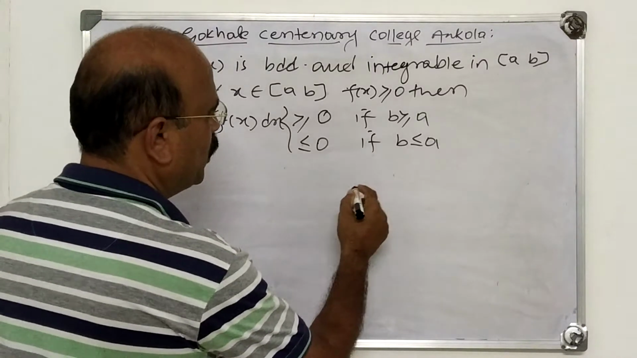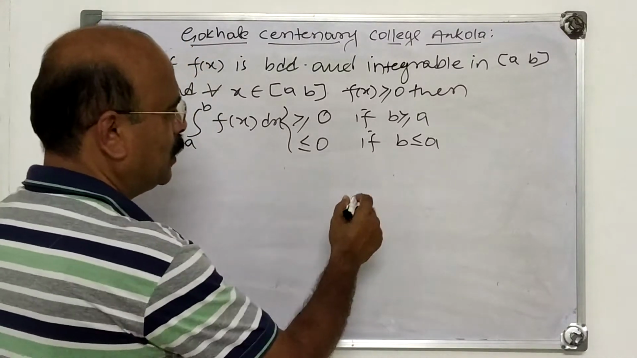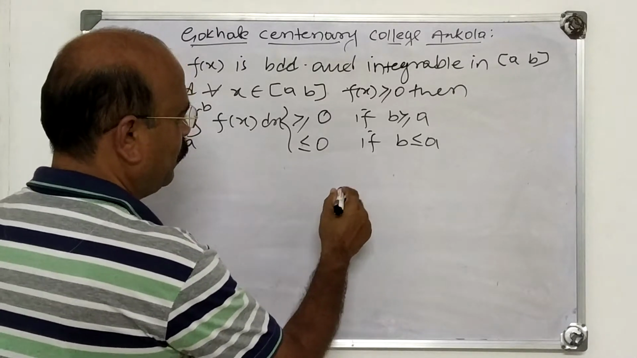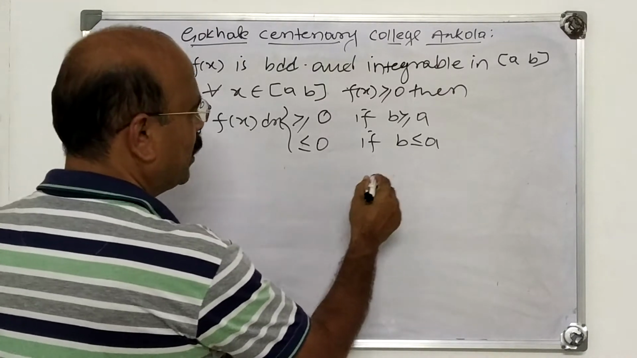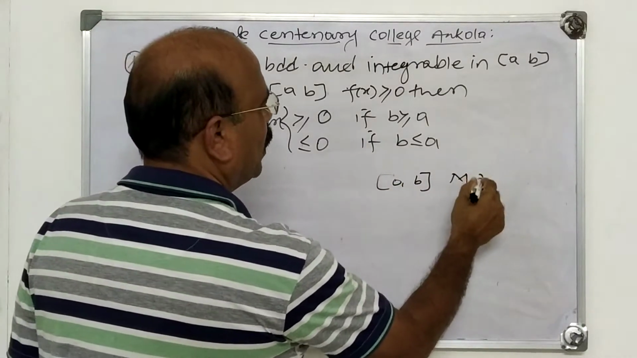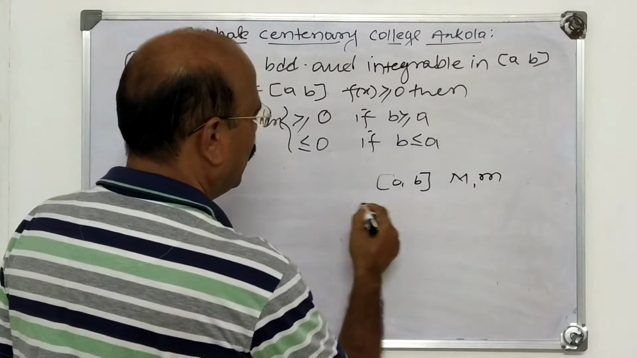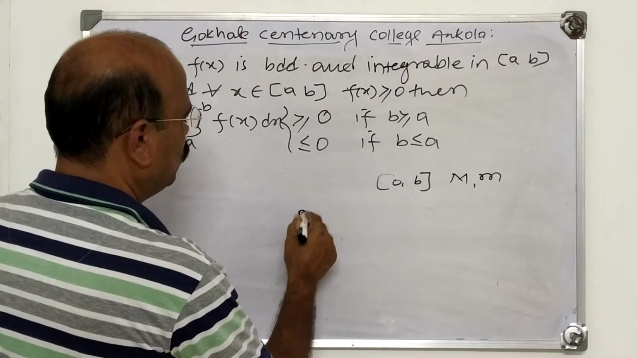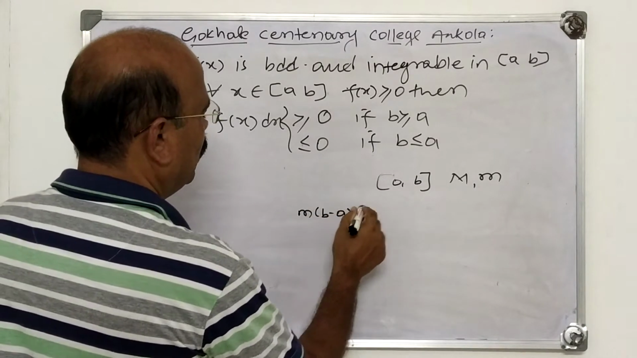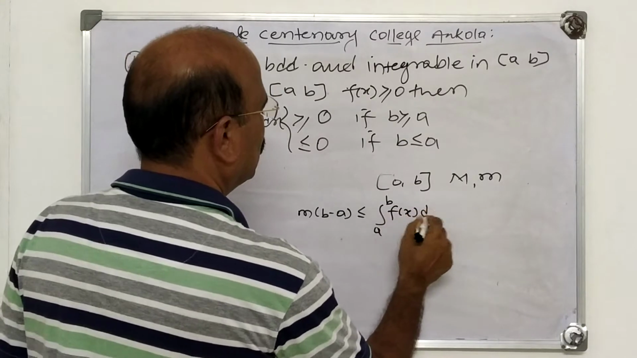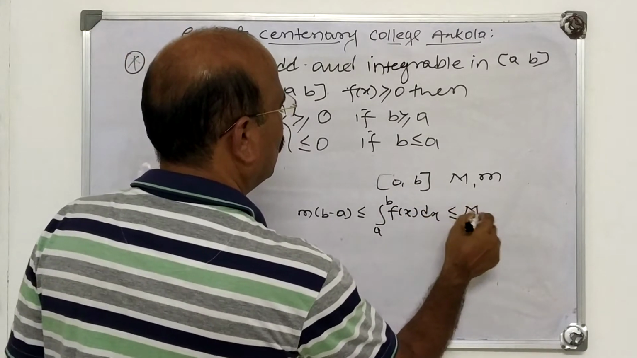In the previous video, I explained the proof of this inequality of integrals. What does it state? If f(x) is bounded and integrable in the closed interval [a, b], and capital M and small m are bounds of f(x) in [a, b], then m into (b minus a) is less than or equal to the integral from a to b of f(x) dx, which is less than or equal to